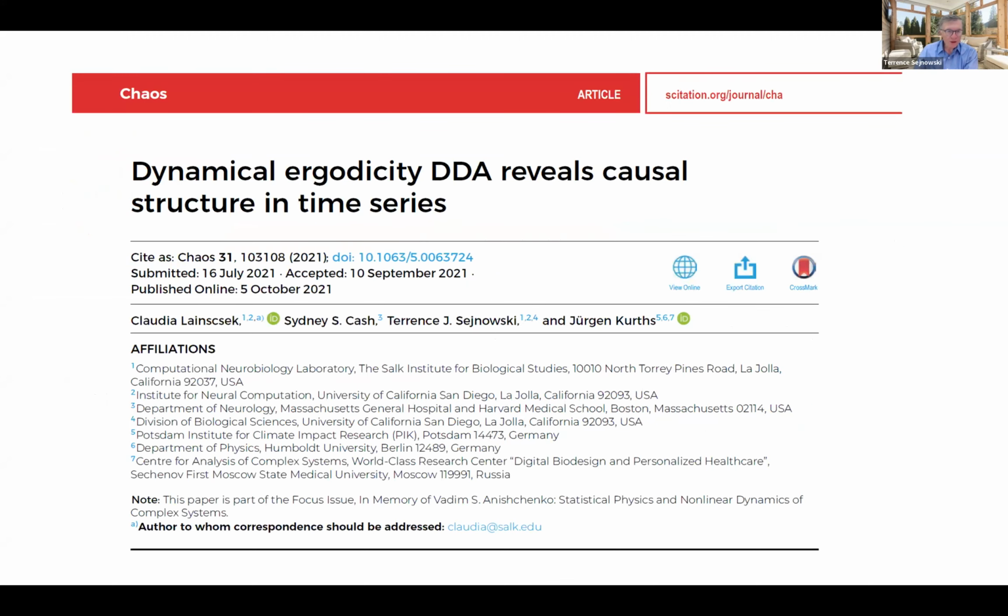And here's a paper from Chaos. This is the delayed differential analysis I was telling you about in the question period in the last talk, which is an interesting way of getting causal structure. And what it does is we call it dynamical ergodicity. And the reason is that we have two terms. The real problem with causality measures is that if you have two signals that are synchronized, they may be synchronized for no causal reasons. That is to say, they're getting a common input or some other reason. And so this is a way of eliminating those